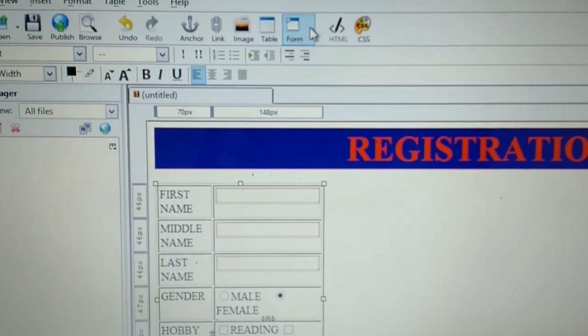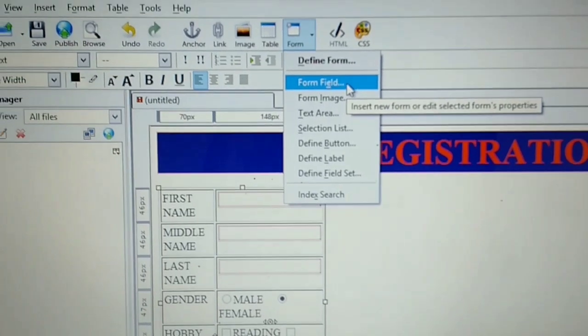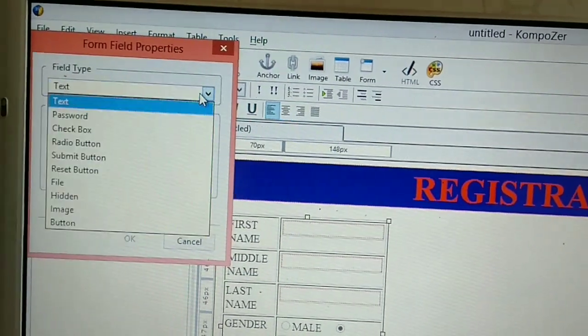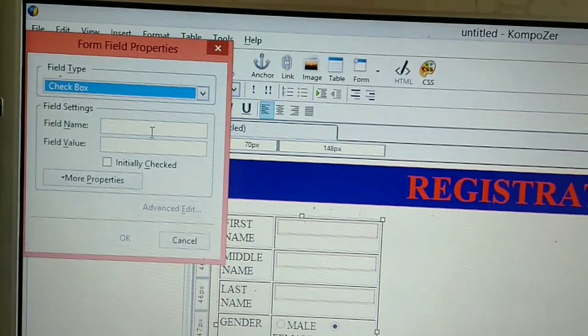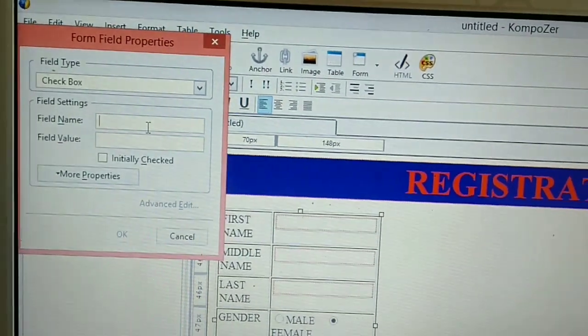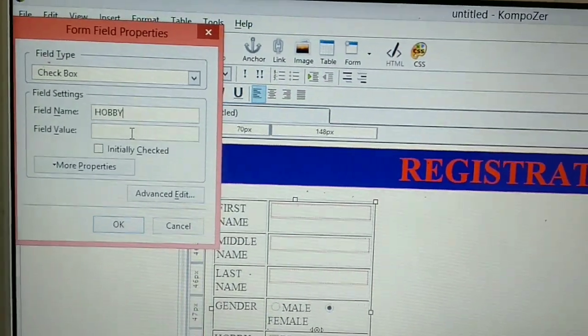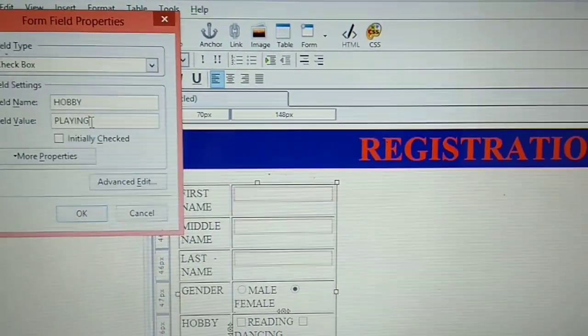I want a third hobby, so again go form field. Choose form. Inside form you can select form field. In field type you have to select checkbox, give field name hobby. Field value I am giving playing.